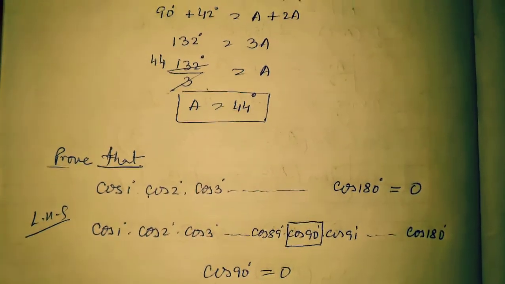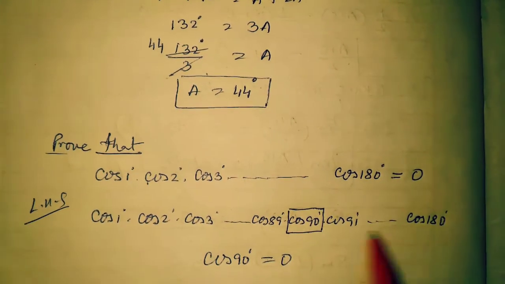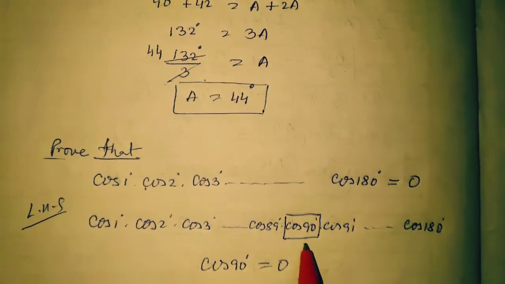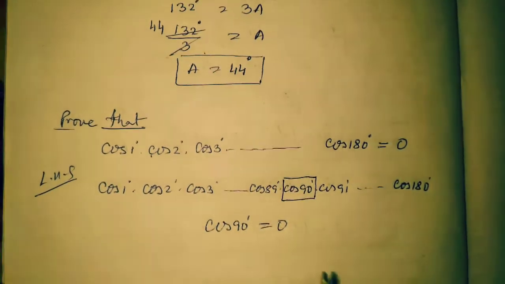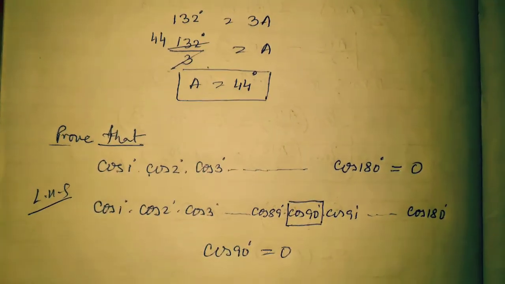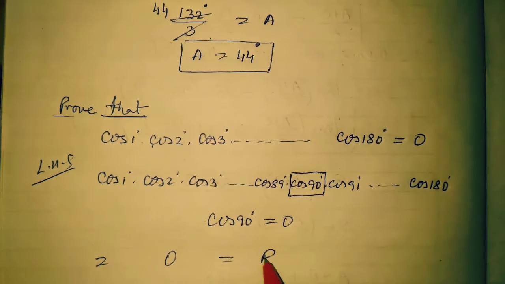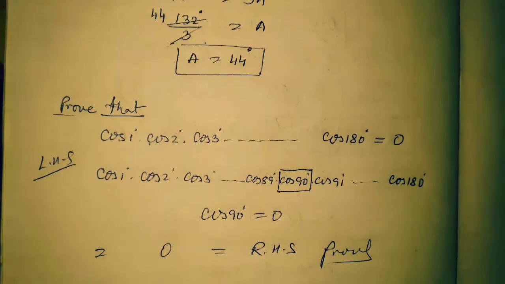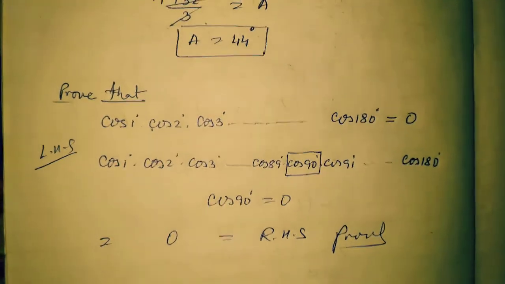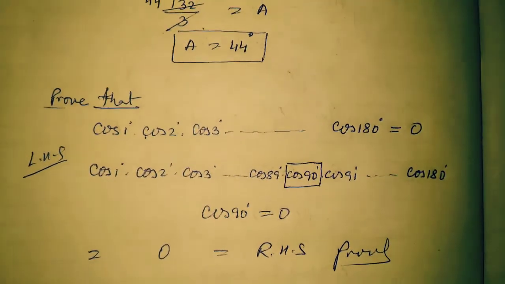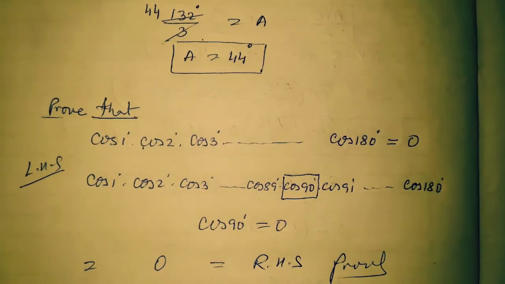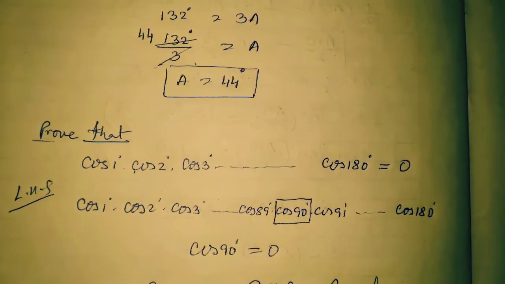0. And here all the cases are multiplications. So if you put 0 in place of cos 90, and multiply 0 by any number, the answer will be 0. So the whole answer will be 0, which equals the right-hand side. This way we prove it. Clear, students? So don't be confused if this type of question comes in complementary angles. You can apply your sense, and then you can easily get the answer. Clear, student? Okay, thank you all of you.